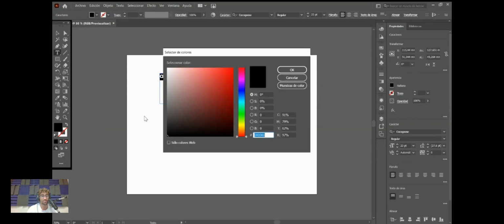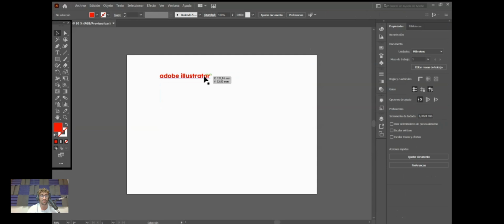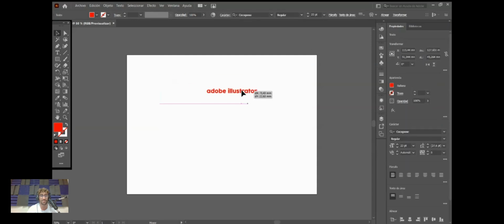You can just double click on it. You can put the reference here if you have a specific color, or you can choose whatever color you'd like to have. As you can see here, it automatically changed. And you can move it and put it wherever you want. If you'd like to put it in the center, you don't have to move it manually; as you can see here, you can put it in the center of the page,